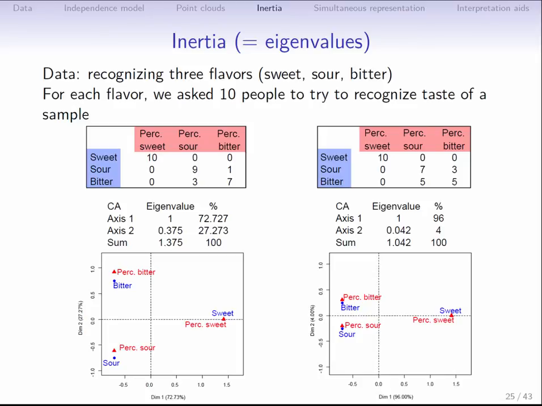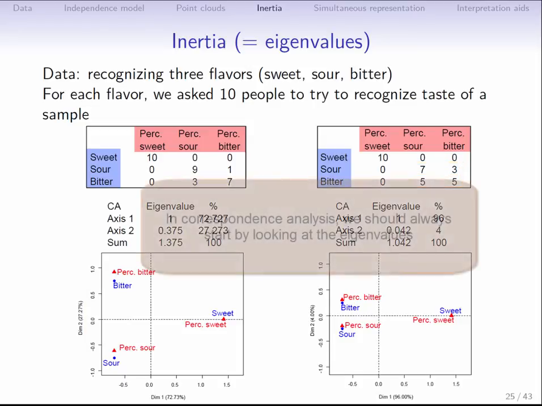If it's equal to 1, the separation is very strong, and in fact represents a total separation, an exclusive relationship. If, on the other hand, the eigenvalue is tiny, like we see in the second example with 0.04, we've struggled to get a majority of the predictions right. Bitterness is only correctly recognized half the time and sourness 7 times in 10.